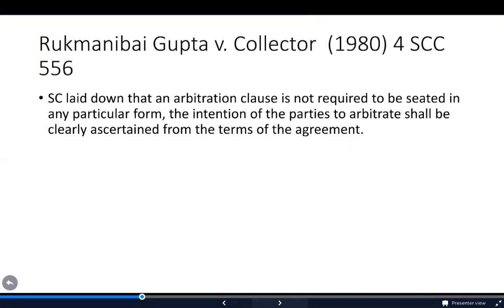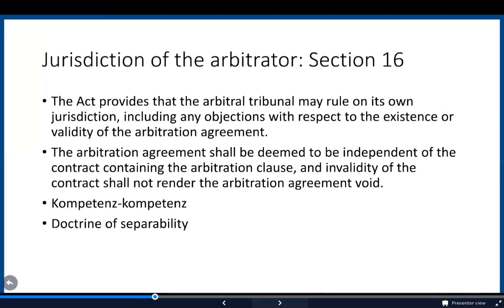And in one of the Supreme Court judgments, the Supreme Court observed that it's not about how you actually write the arbitration agreement, whether it's contained within a single document or in different documents, in different email exchanges. The foremost thing to look at is the intention to arbitrate. If there exists a consensus ad idem of the parties to arbitrate any dispute, then the court should give effect to that arbitration clause, and the writing requirement or the signing requirement under section 7 is not a mandatory one. So now it has been widened. So that's about arbitration agreement.